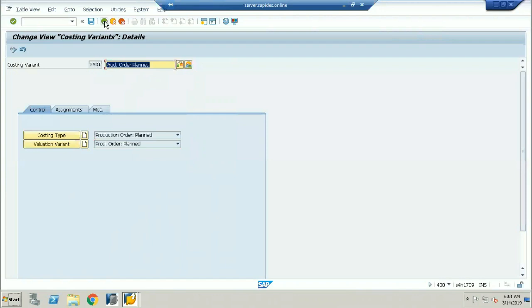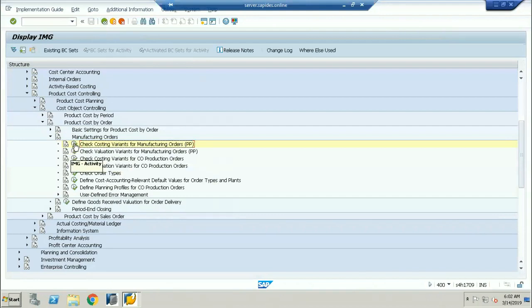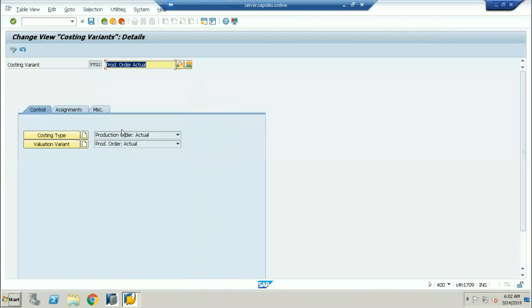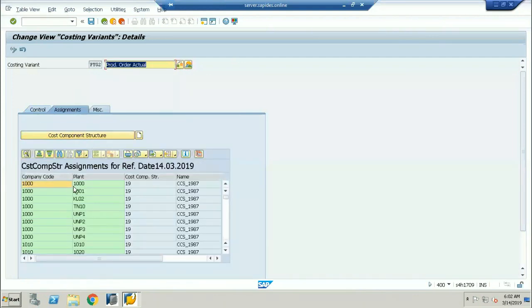Now, when I go into the actuals and select the actuals, which is called PY02, this is exactly the actual production cost and the production cost planning. You can go into the assignment and here, whatever cost component structure you have created earlier, let me also open. Whatever cost component structure you have created, you can see here, those are called the cost component structures. Now I'll go to the cost components.